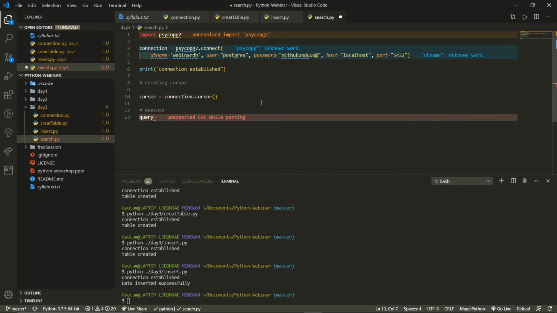We can do it as a variable type also. So we will write select ID, or select star, we can say select star from employees.